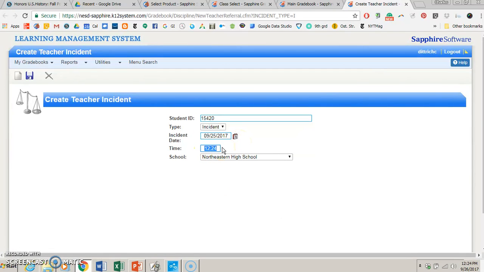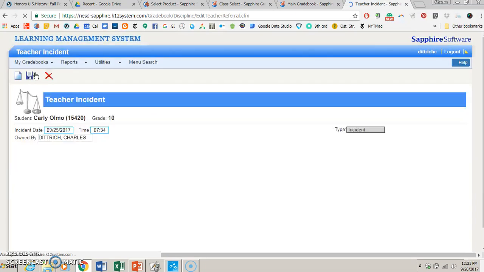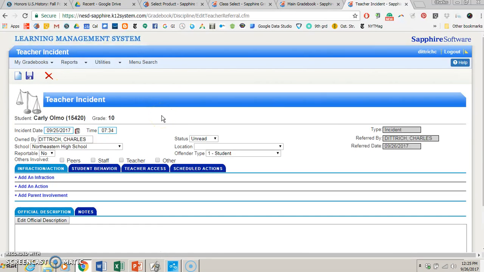This section right here where it says time, this is the area that is most often overlooked. This is the time the incident actually occurred, not the time you are filling out the incident form. So if the incident happened this morning, right before first period outside your classroom, it would be 7:34, not 12:25. Then you click the Save button, and we'll see this particular incident form kick us over to where we can